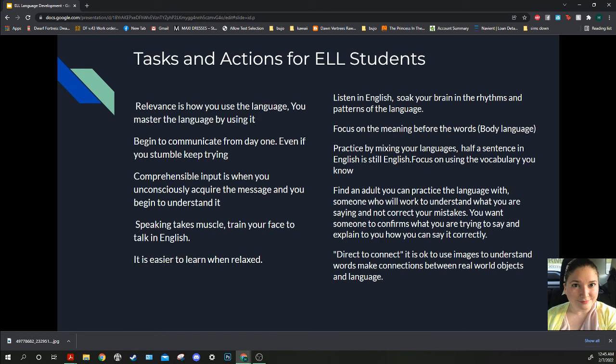Just finding all these little pieces while you are working together, working to build that language, and eventually the student will take over and understand what they are trying to say, or will be able to fluently ask a question, be able to fluently communicate with their peers, but also communicate with the teacher. Eventually the student will get there.